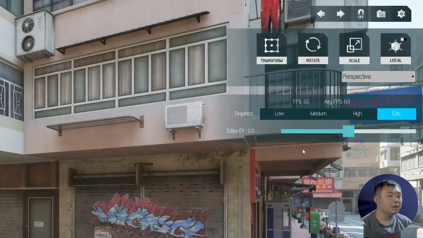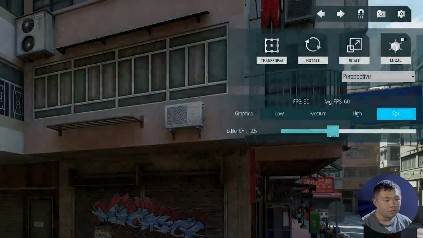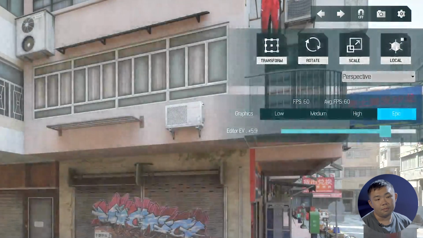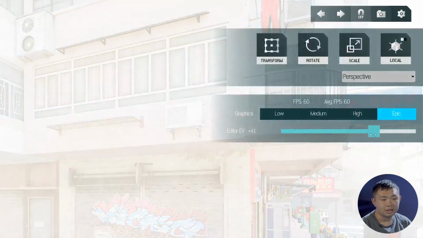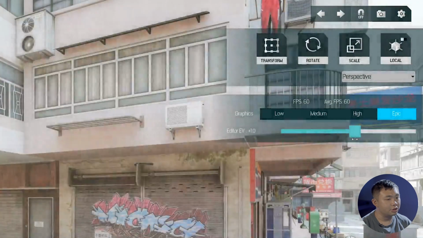It's also okay. And also we have Edit EV. This function is used when your scene is just so dark. You can try to make it darker or try to make it brighter. But remember, this is just the settings about your scene's editor,